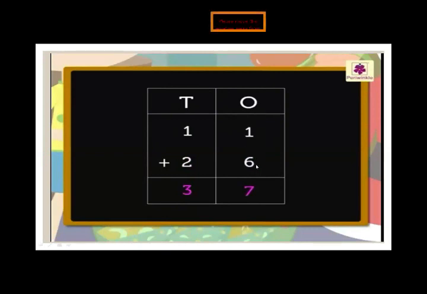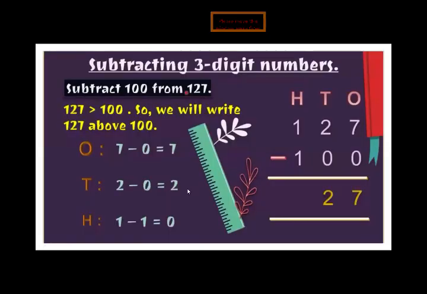Starting from ones. Here you see this is two digit addition. Okay. 1 plus 6, 7 and 1 plus 2, 3. In the case of subtraction, you need to take borrow from here. Move to next, subtracting 3 digit numbers. Subtract 100 from 127. You know that 100 is smaller than 127. In this case, here they are giving you the option to write 127 above and write 100 below, because 127 is greater than 100. It will easily help you to subtract.